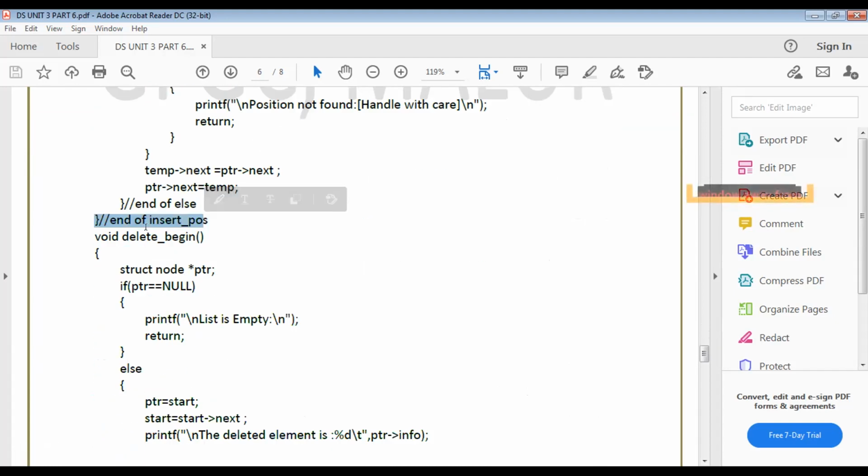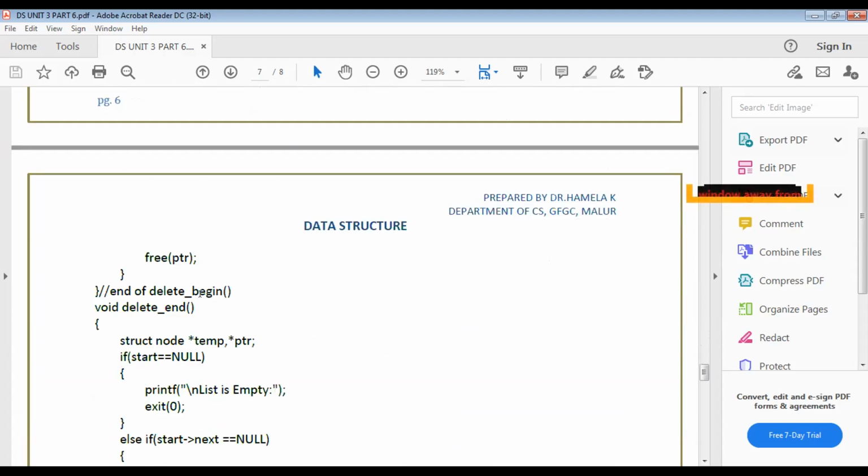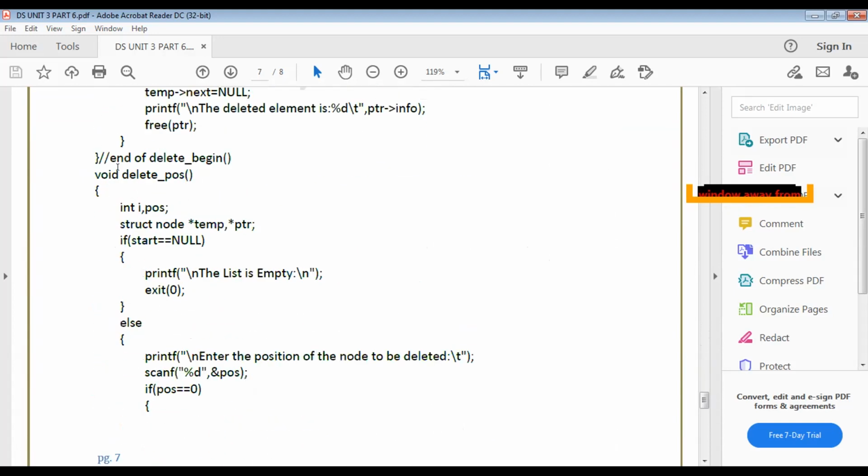Even delete beginning means you write only delete begin. Delete at end means you write only delete end. Delete position means delete position. So whenever you study, study the algorithm related to that function. For single linked list, be thorough. Other linked lists you will be able to manage.